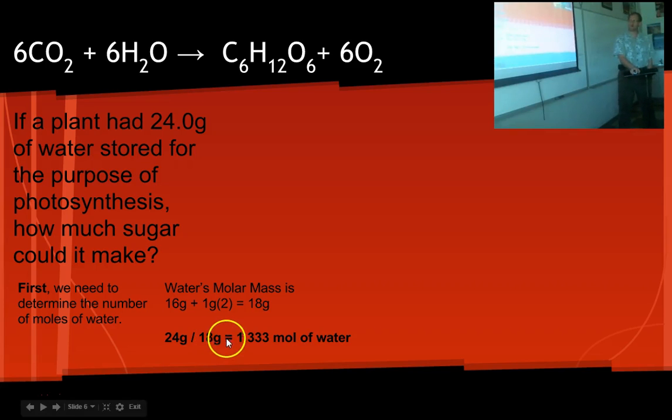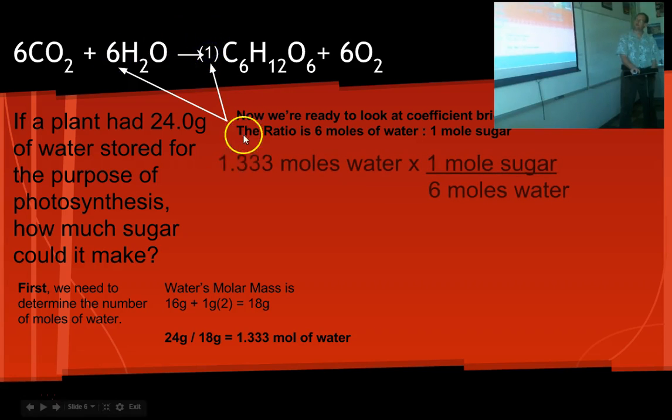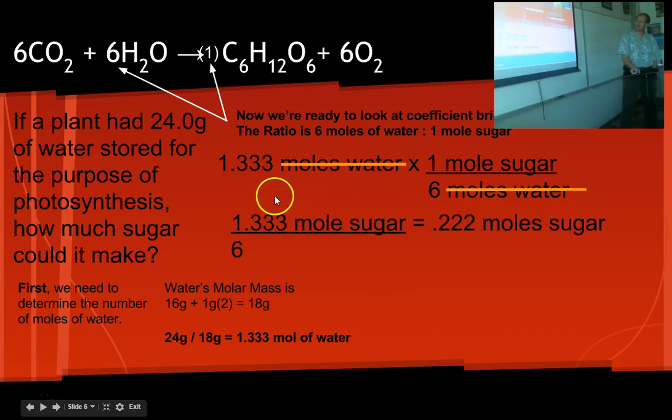Now once I know that I have 1.33 moles of water, I can use the coefficient bridge, 6 to 1. 6 moles of water to 1 mole of sugar. So 1.33 moles of water, and the relationship is 6 moles of water to 1 mole of sugar. So I need to cancel my like units. Converting moles of water to moles of sugar, 1.33 times 1, over 6, so 1.33 divided by 6, 0.222